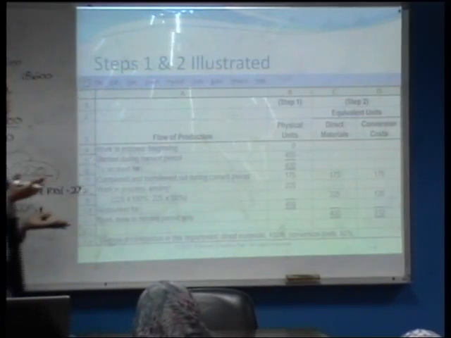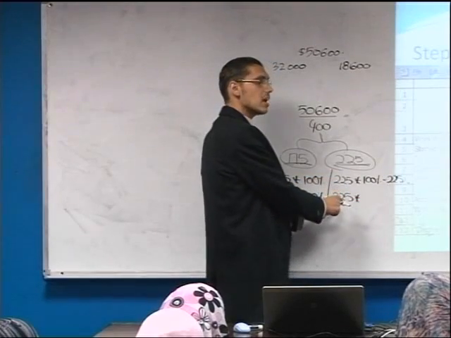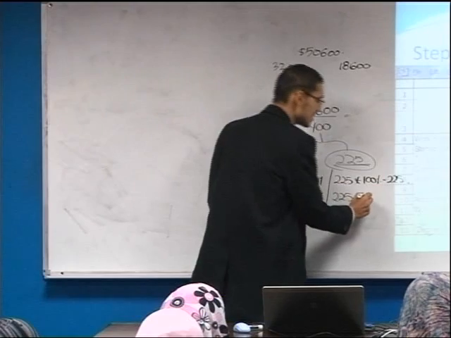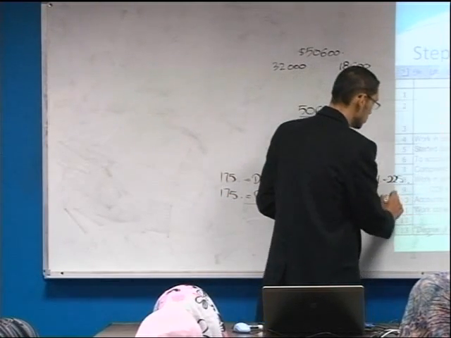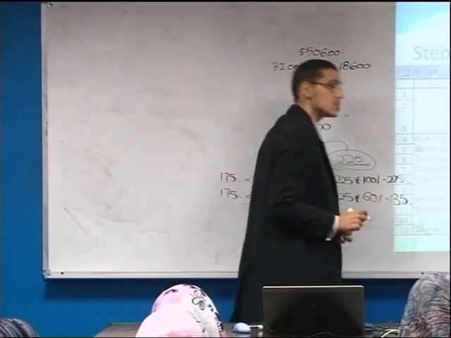Of course, the answer would be simply by multiplying the 225 units by 60%. As we can see here, it would be 135 units,